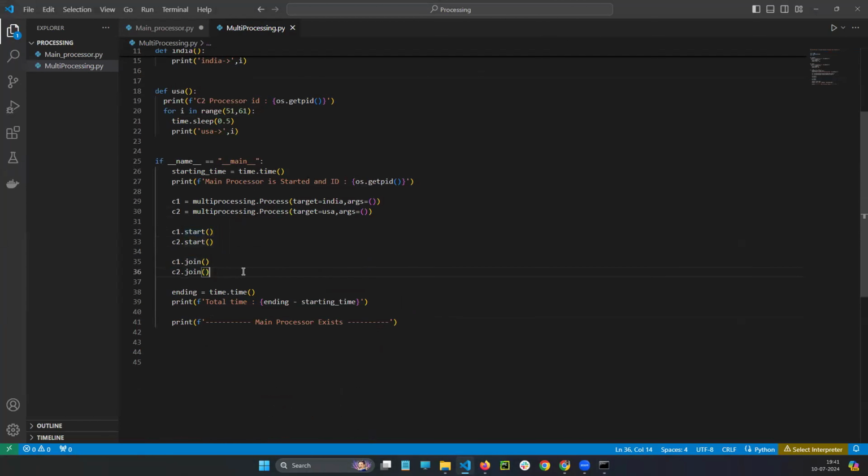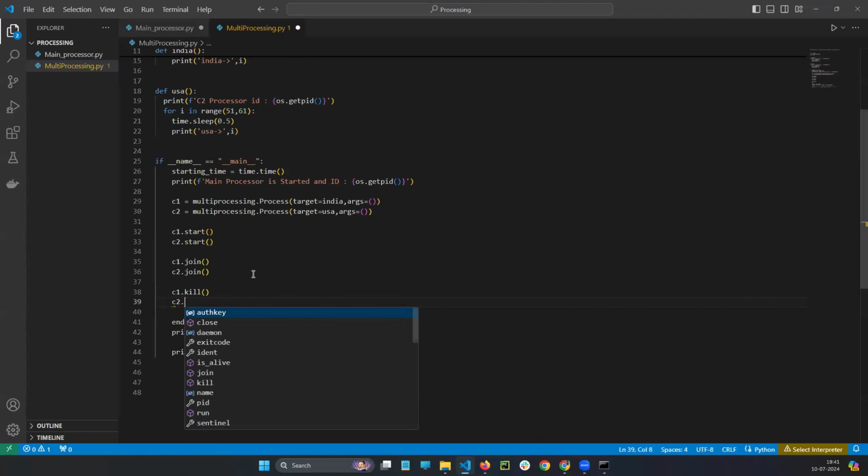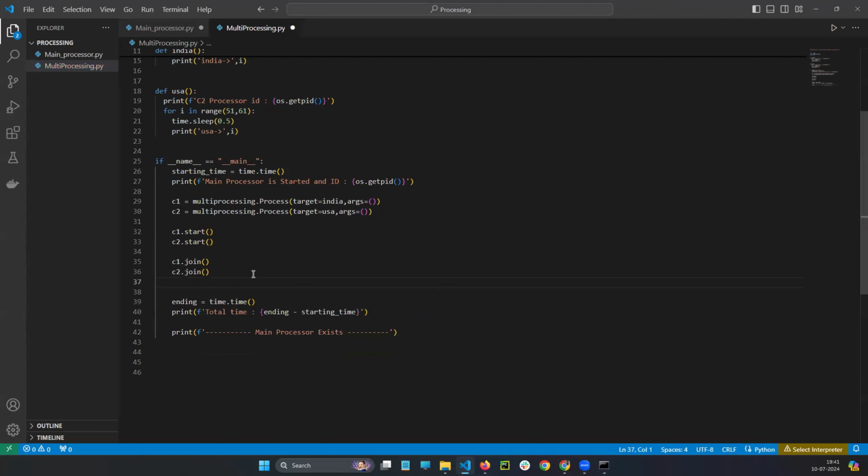Suppose sometimes your manager will tell you, Kamal, continuously the application is running, please kill the processor. Immediately I will want to kill the processor. Kill means it will stop. Okay, Kamal, please terminate that C2. Terminate means it's not going to be killed, but it is going to be stuck, I mean, it just waits, stuck. So terminate will be there. Different functions, like you can play with the CPUs here.